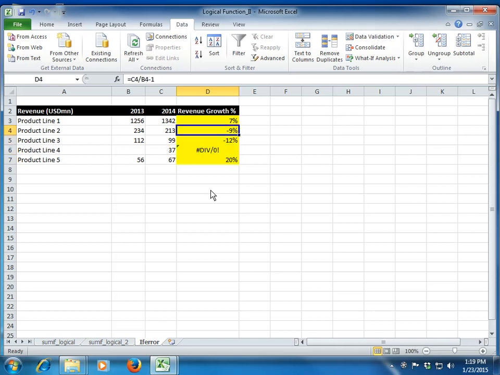You can see that for all other product lines I am getting a fair answer, except for product line number 4, which is but obvious because product line 4 didn't exist in 2013, so Excel by default takes it as 0, right? So anything divided by 0 will give you a #DIV/0! error, right? Now in this case, even if the error is there, there is nothing wrong about it. It's not that we are making a calculation error or a formula error. The error is there because the data is missing. So let's see how to deal with this kind of error in Excel, right?